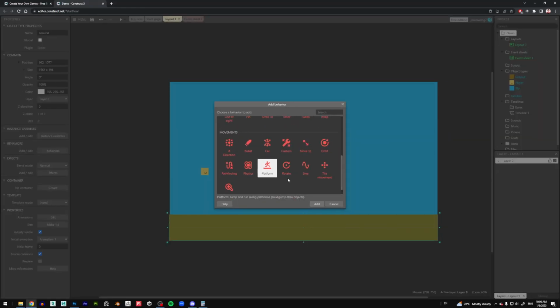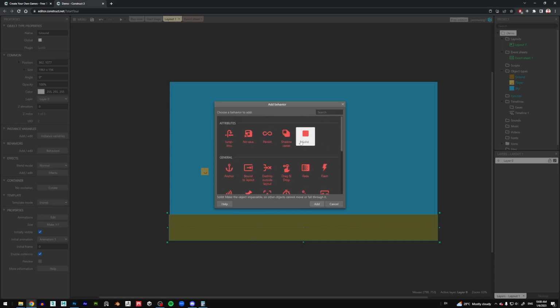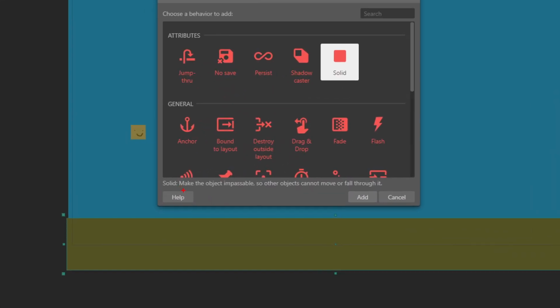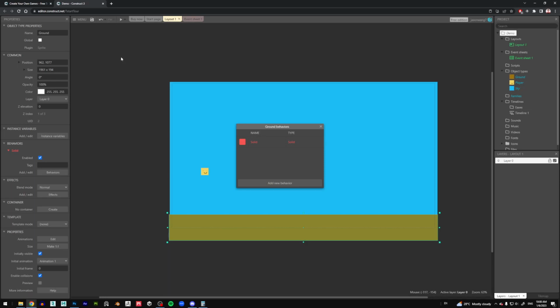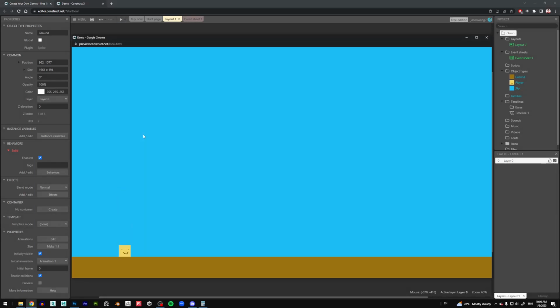So it's giving you some hints of what you need to do to ensure that your player, or your character, doesn't just fall through and die. So for the ground, we need to select this solid object, and you can once again see in the tooltip: make the object impassable so that objects cannot move or fall through it. Very helpful. So let me just add this and hit play,